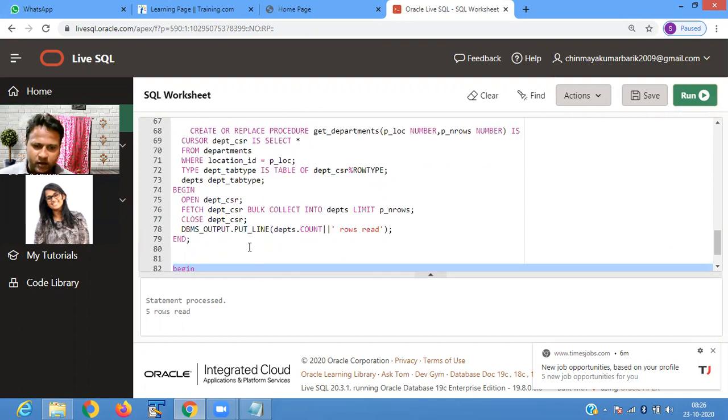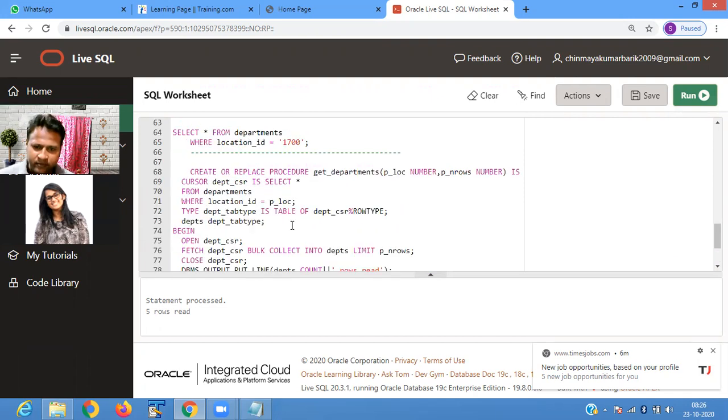So 1700 and 5 come here, then the cursor name: select star from department where location ID equals the location that we are passing here, 1700. The type is table of cursor row type.